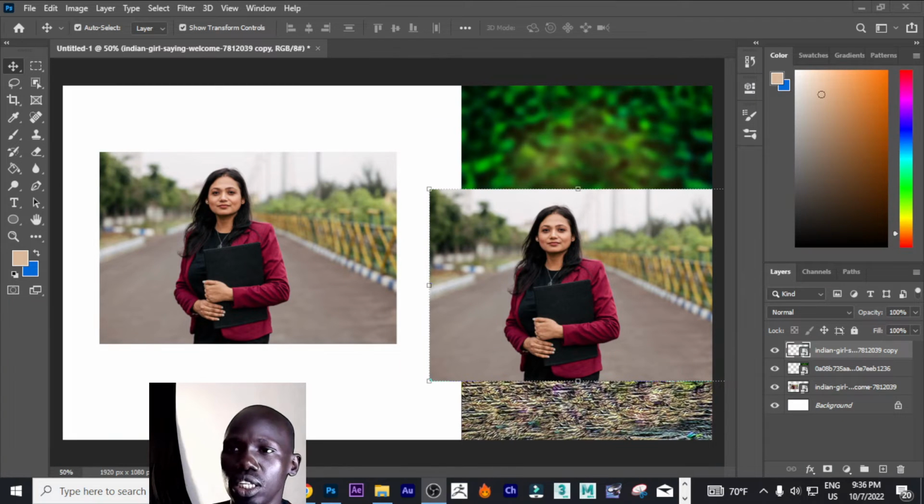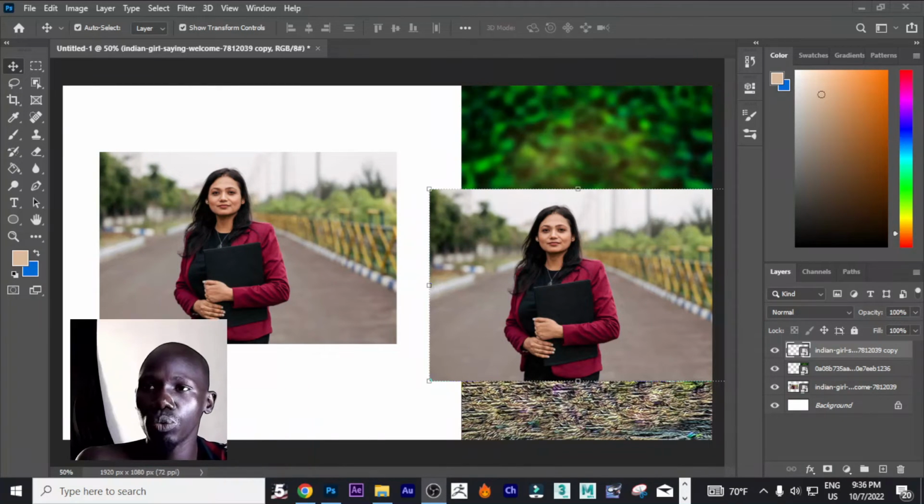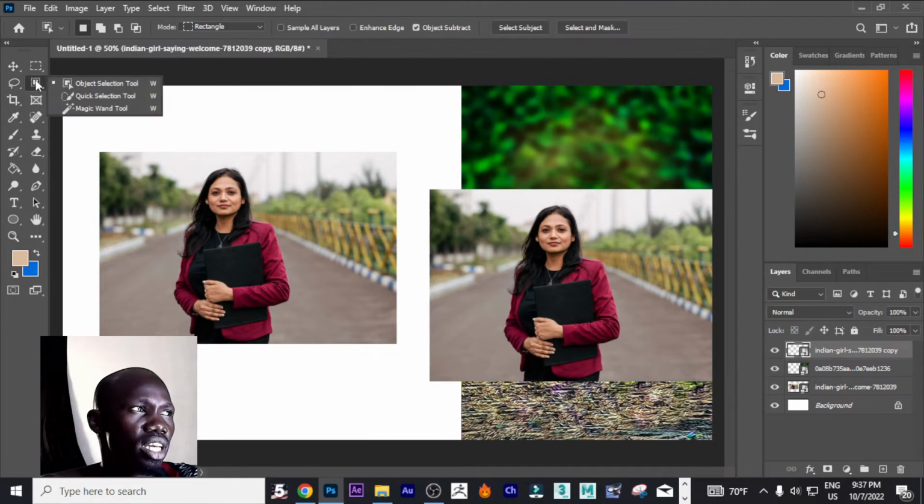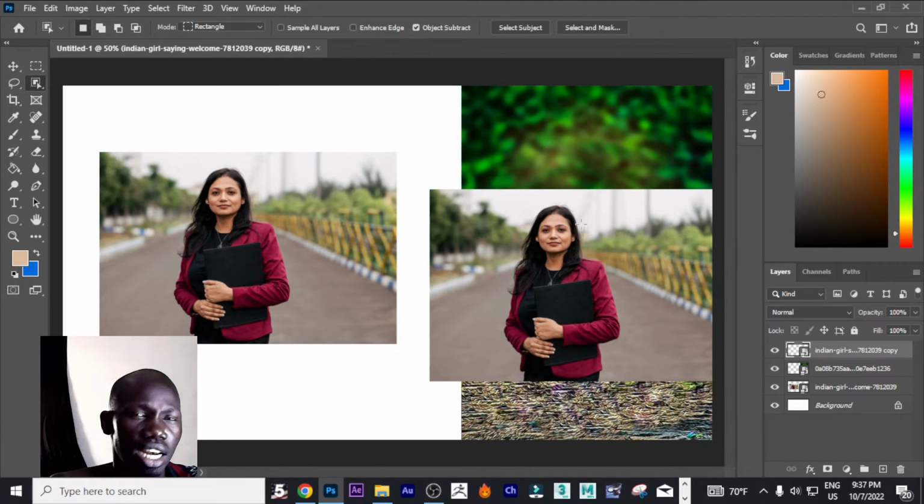So let's do this. Okay, what we are going to do right here is first select the picture, this picture right here, and then go direct into this tool right here, the object selection tool, which is W. You can simply click that and then come and draw it on this picture right here, just like this. Let's just draw it. Okay, now you will see this tool right here will help us to remove the background,